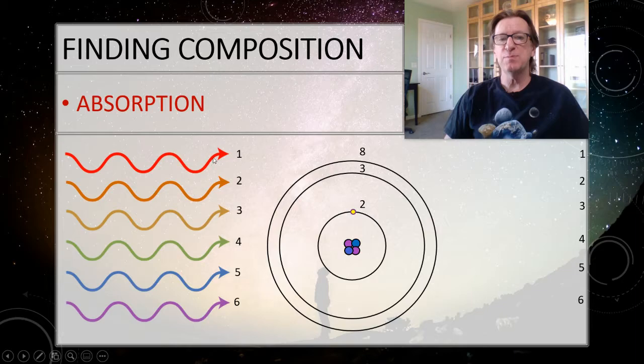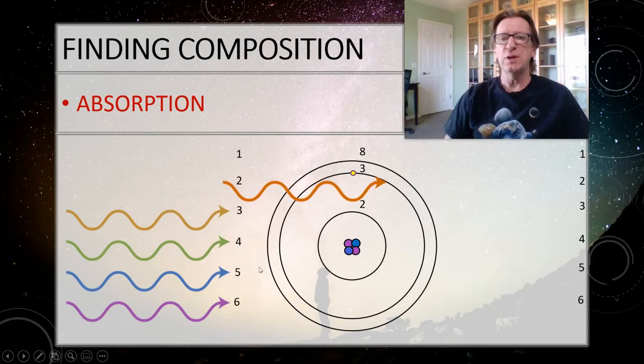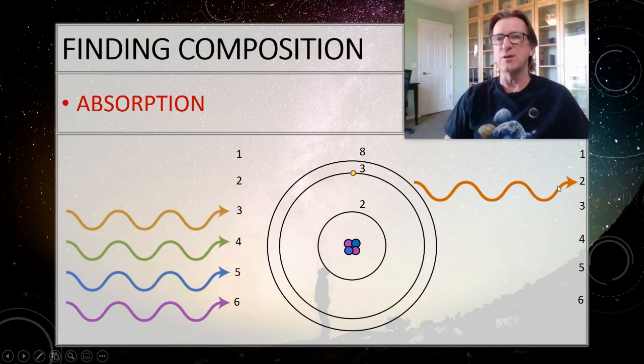So when this energy level 1 comes in, the electron eats it, tasty, and all of a sudden it's up to energy 3. Now for the photon with energy 2, when it comes through, there's nothing for it to do. 2 plus 2 is not 3, 2 plus 2 is not 8, 2 plus 3 is not 8, so there's no way that it can eat that, so it just passes right on through.